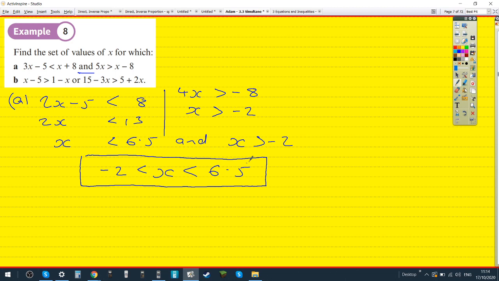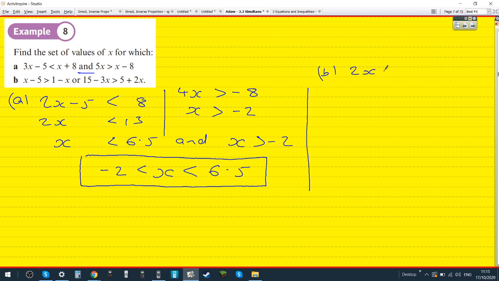Okay, let's try B. Okay, so we add x to both sides, which would be 2x minus 5 is greater than 1. And then we add 5 to both sides, which would be 2x is greater than 6. And then we divide by 2, so it'd be x is greater than 3. The first one. And the second one would be